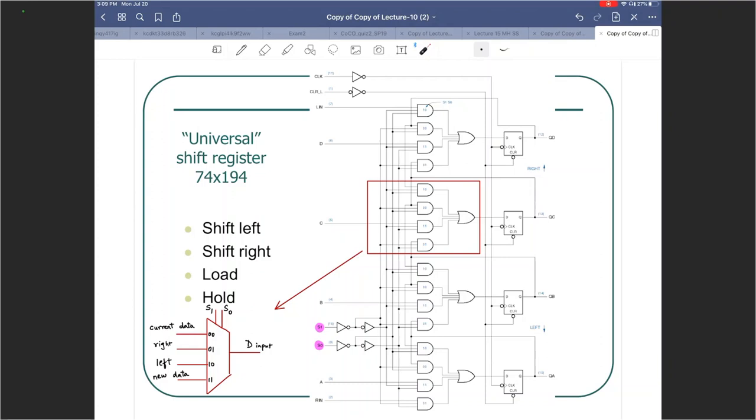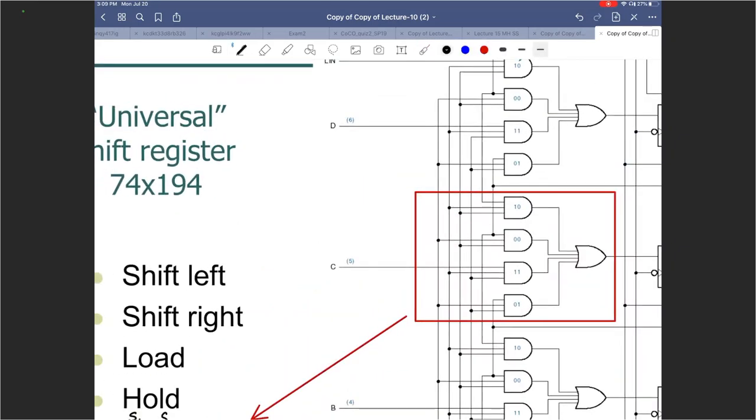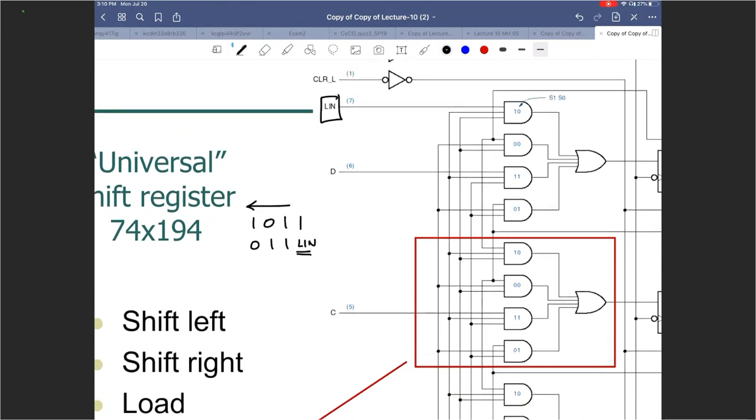When you move things left or right, there will be an empty spot. Either it will be on the most significant bit position, or it might be on the least significant bit position. So for example, if you have 1 0 1 1 and you move things left, what happens? Well, if you move things left, this one falls off, right? This one falls off. This becomes 0, that becomes 1, that becomes 1, and there is a new spot open. And because you're shifting things left, you can use LIN, this particular input, to provide arbitrary bit for that new